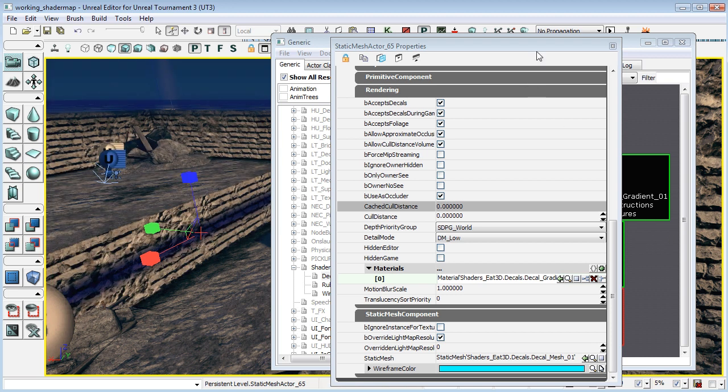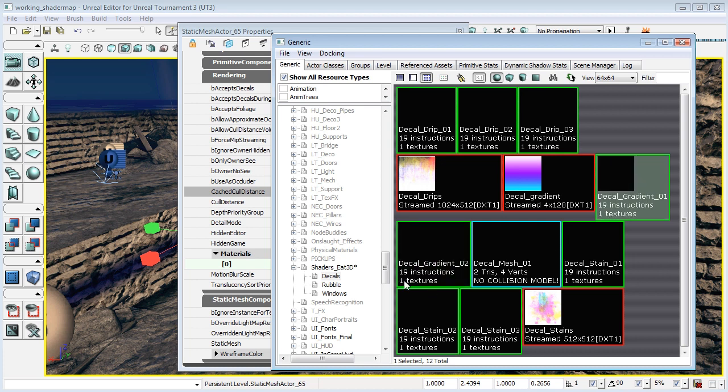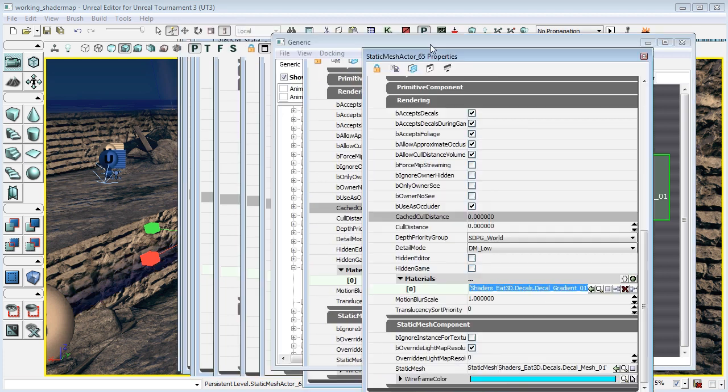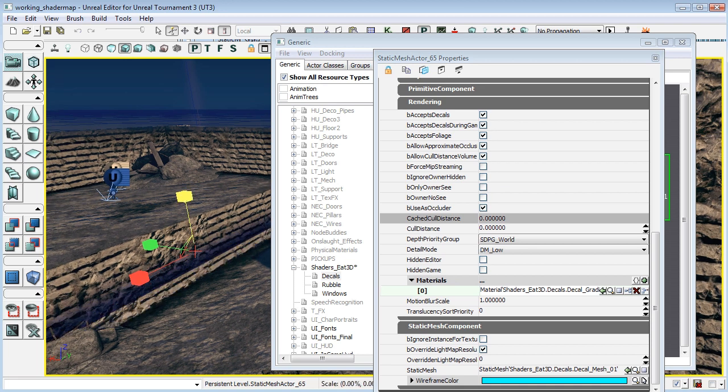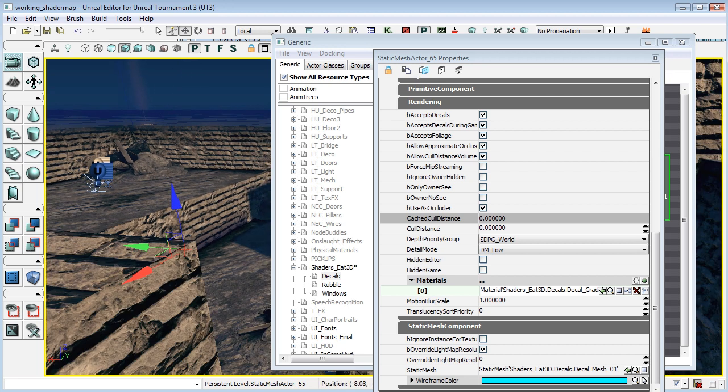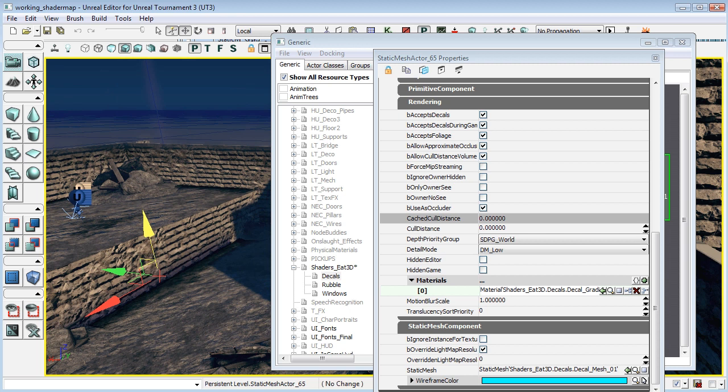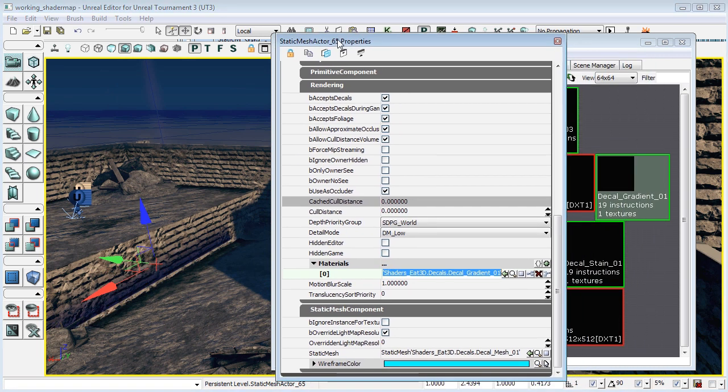And also, if we pick the other gradient, you can see how it's just a single gradient. So this can be really good to fake ambient occlusion on large surfaces. And you can also,